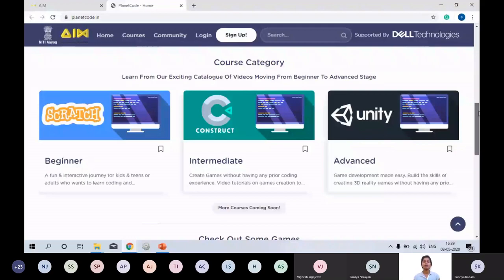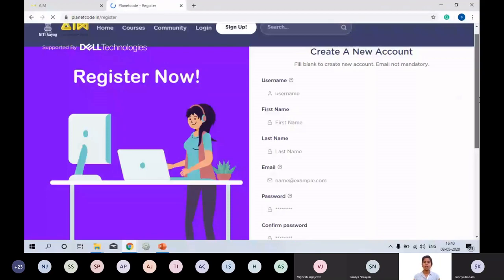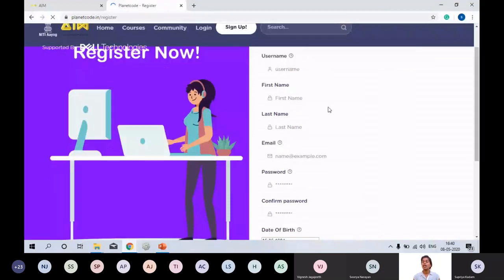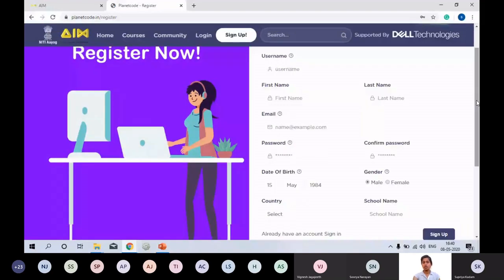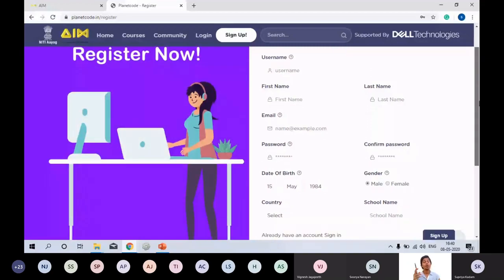When you click on sign up, you will have to give your information like you regularly do when you're creating a Gmail account, or probably a YouTube account. There is a username, your first name and the last name. Brilliant. So you have to create an account. In order to create an account, you will have to give the following details. One is a username, and there is a first name and the last name. For the username, you can come up with your own creativity and give all the wonderful names.